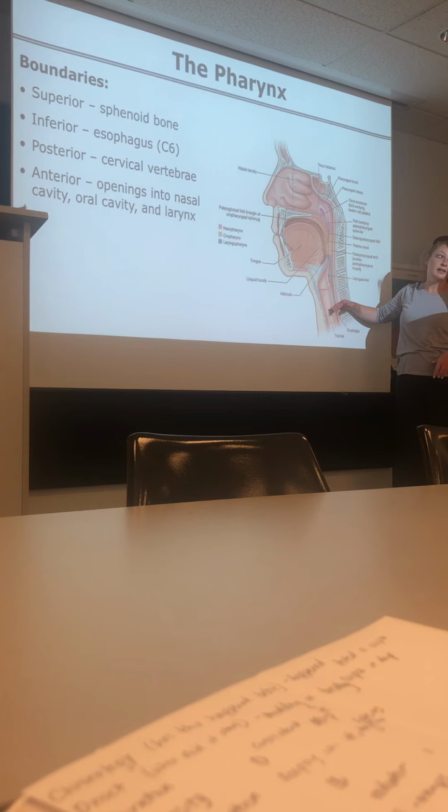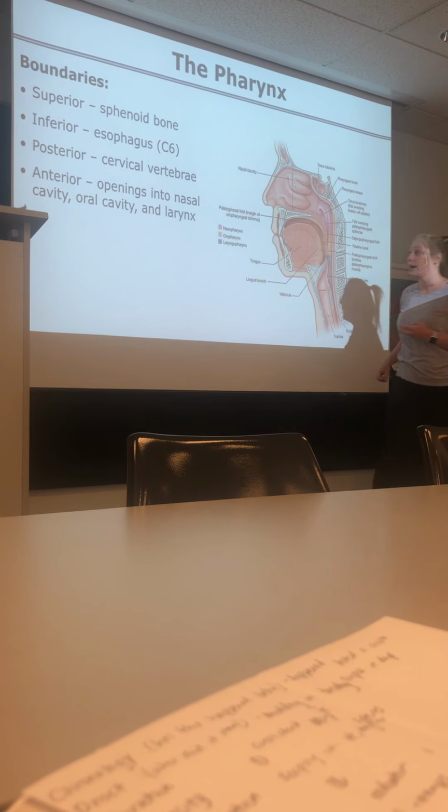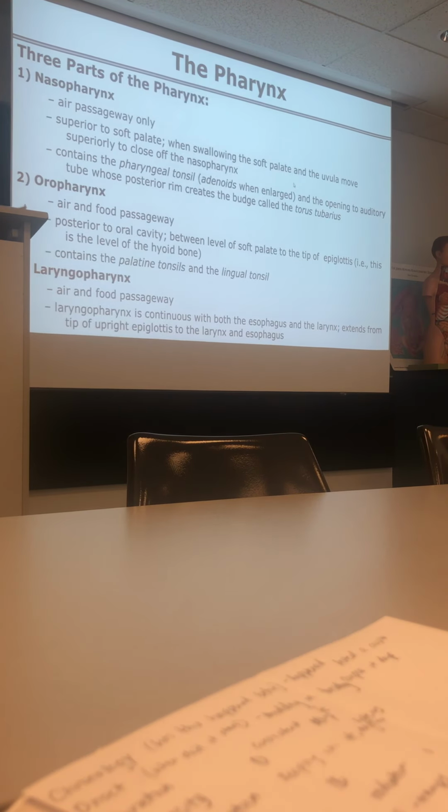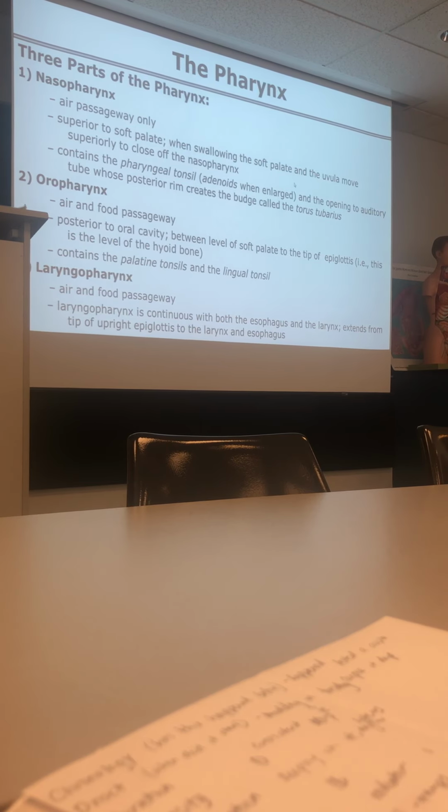So just past basically where the trachea begins and no longer is larynx, okay? Posteriorly, we have our cervical vertebrae, and then anteriorly, we have our nasal cavity, our oral cavity, and our opening into our larynx. Okay, so our nasopharynx, I think this slide might be almost exactly the same slide as what was in histology, minus maybe the type of epithelium that's located in there, right? Okay, so our nasopharynx should be air only,